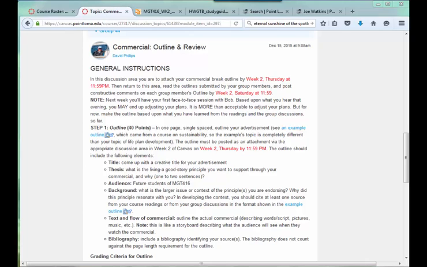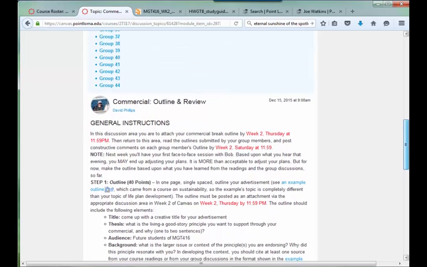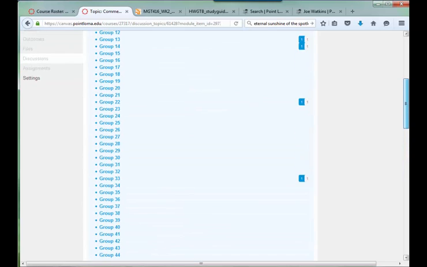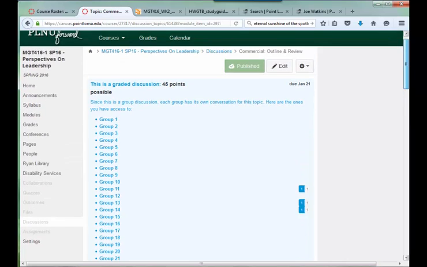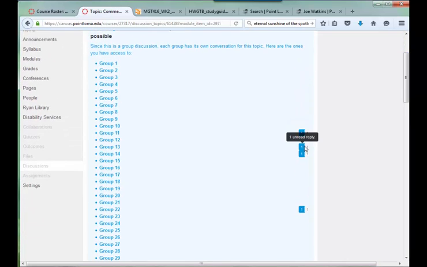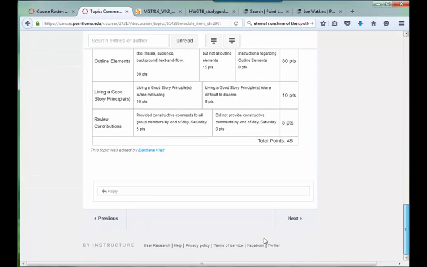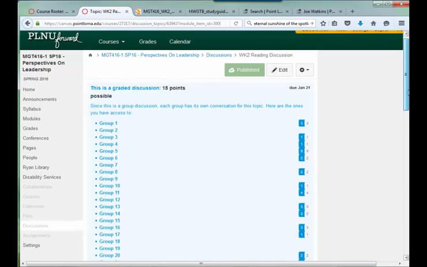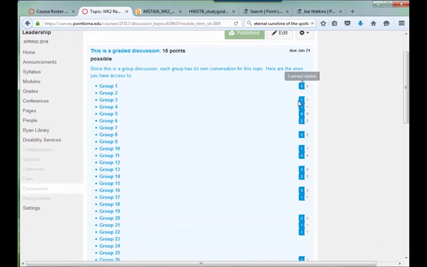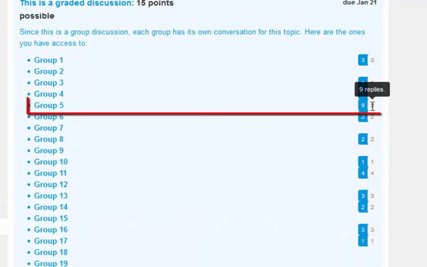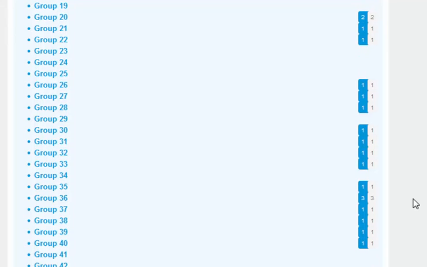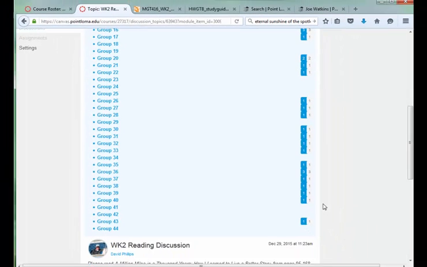I'm going to add a little bit more to the week 2 grading hints. First of all, now that we have students in the class and they're working in groups and we're all learning how this is working better, when you come to a discussion area, you can see which groups have things that have been posted to them. This is displayed beautifully on the week 2 reading discussions because students were really in there yesterday editing and commenting to each other. So you can see your group and you can see the interaction. Look at group 5. It's going to town. So lots going on there. So you can see how they're progressing.